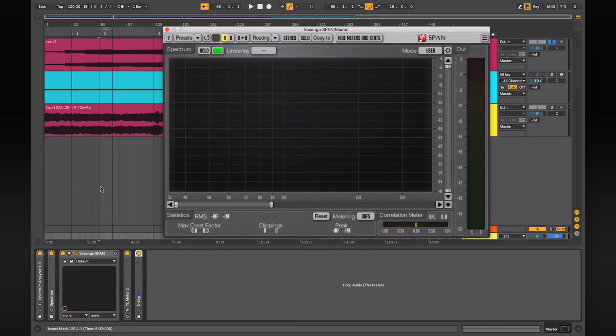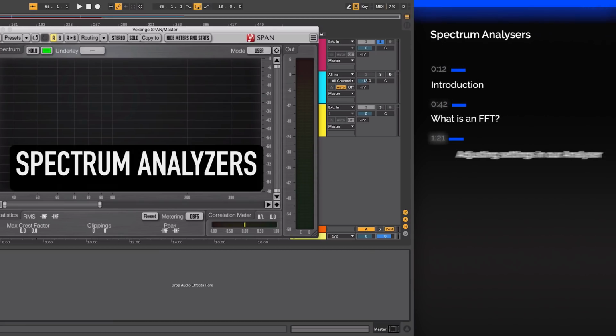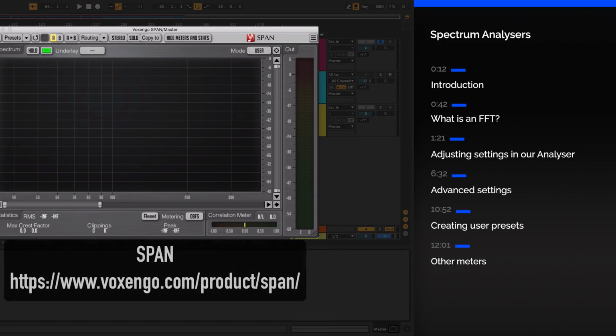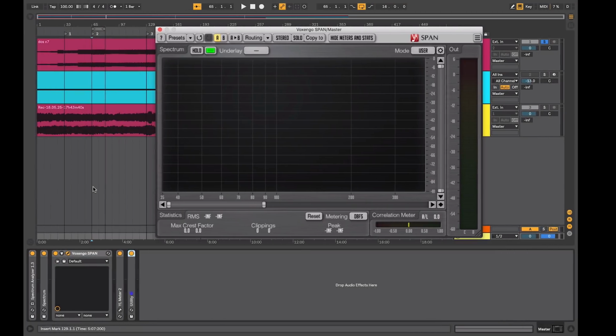In this video, we will discuss Spectrum Analysers, how to read them and modify them to display what we need to see. For those not familiar with using such a tool, this is a perfect introduction. Using the free plugin Span from Voxengo, I will demystify the various controls contained within, and similar controls are found